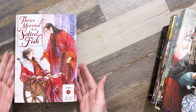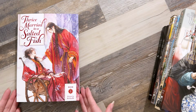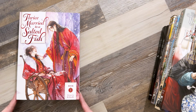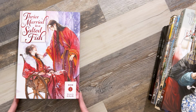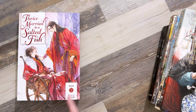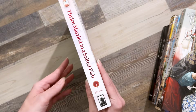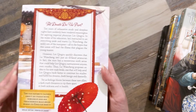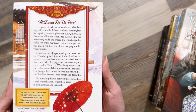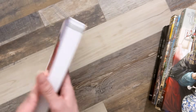But anyways, back to this series, Thrice Married to a Salted Fish, Volume 1. This one's going to be 4 volumes. I'm really, really excited for the next volume to release. I got really emotional reading this one. I'll put the official premise on the screen if you want to pause and read it. But the premise of this series is that